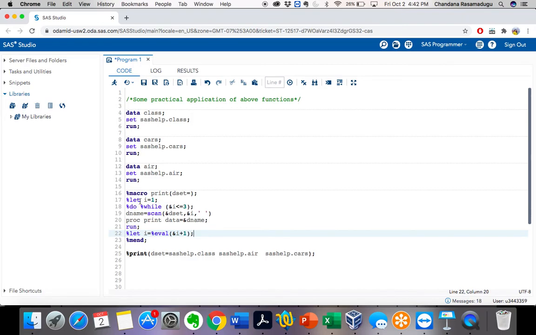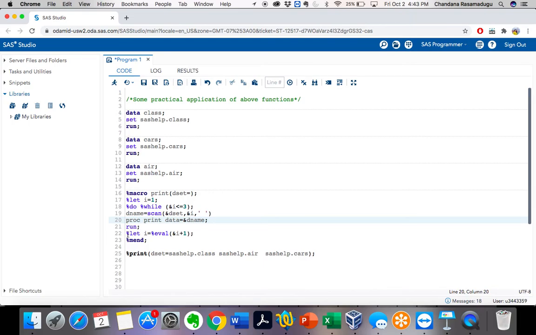So now when my I value is 1, what will it do? Here &I is less than or equal to 3, that satisfies the condition. So then what will it do? Dname scan of &dset. For which value will it scan? Here my value is now 1, right? So now it will scan for the first data set, and then it will print the data set and send it to the output.